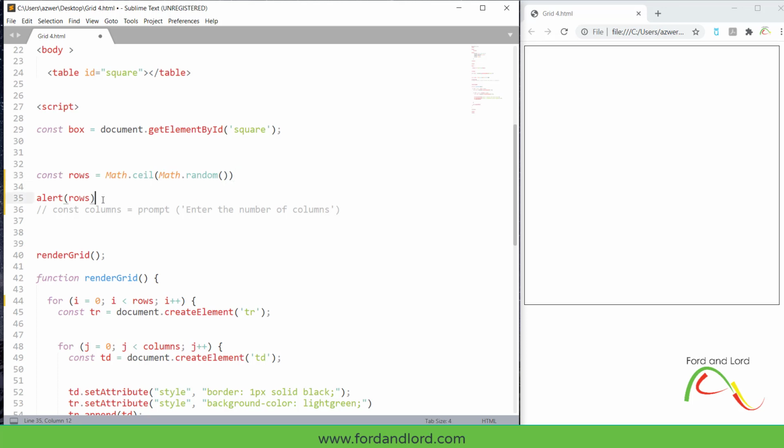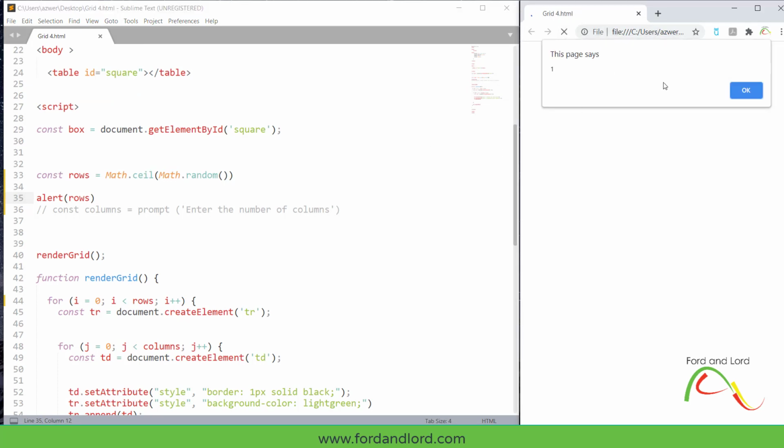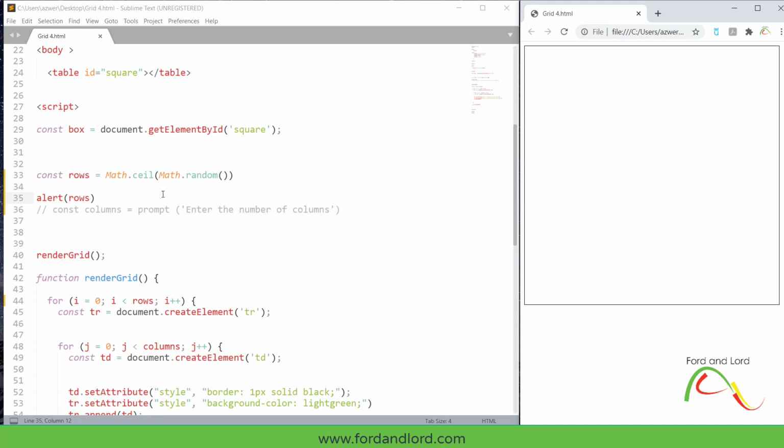Okay, now this is not helping us at all. So if I save it now, I should have 1. Okay, so it's generating only one number. So what we have to do, whatever number is generated, we have to multiply that by 10. So what it will do, we are now generating numbers from 1 to 10. So if I save it,